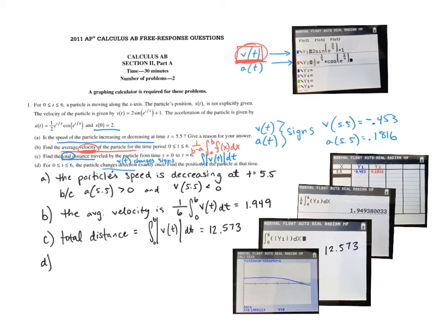Alrighty, so I graphed the velocity function. I got rid of the acceleration function, didn't need it. So we see the velocity function, and you can see where it changes signs, and I calculated it. So at t equals 5.195 seconds, the particle changes direction. So right here, at time t equals 5.195,